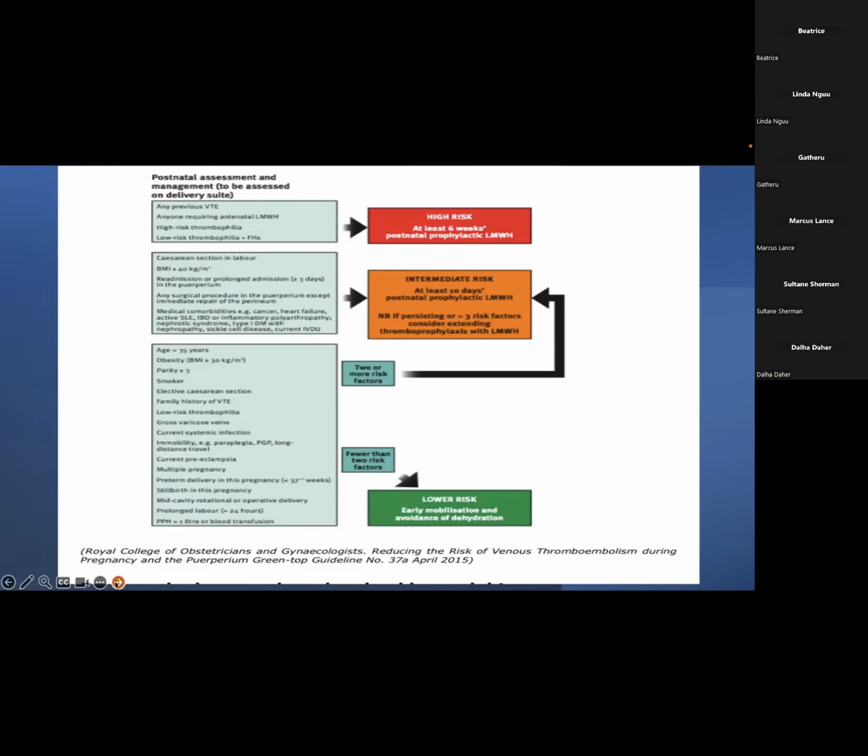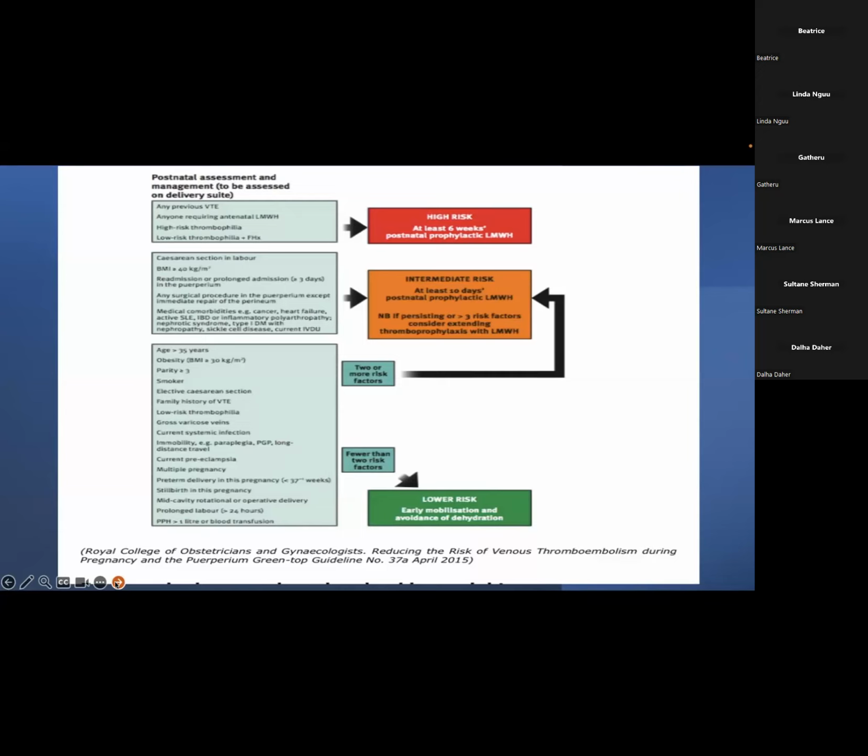in this pregnancy at less than 37 weeks, and stillbirths in this pregnancy, mid-cavity rotational or operative delivery, and prolonged labor greater than 24 hours, PPH greater than 1 liter, or when you have transfused your patient. These are some of the